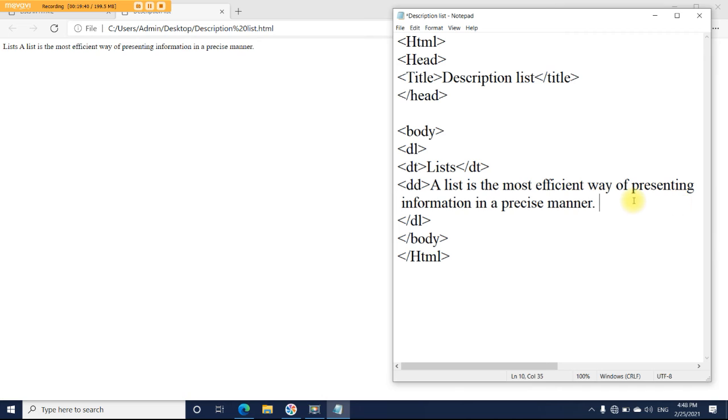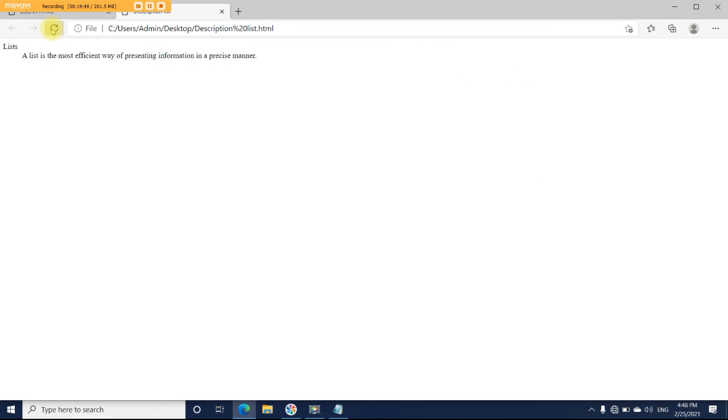Enter this and close this DD tag. Okay, now let's check, save this and refresh this. Yes, now we are getting our output perfectly on the browser window, right?